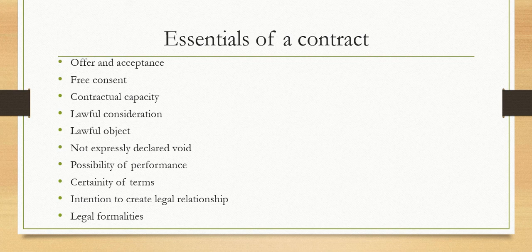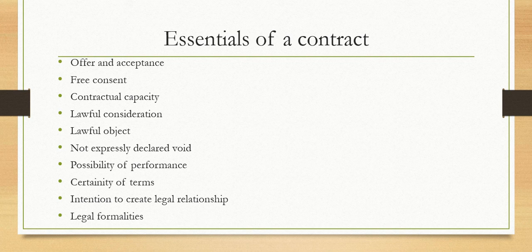Thus basically there are two parties in a contract. One is the offerer and the other one is the offeree. An offer to do or not to do a definite act or acts made by one person is called the offerer, who is offering to the other person. When the proposal or the offer is accepted by the other party, he is known as the offeree.